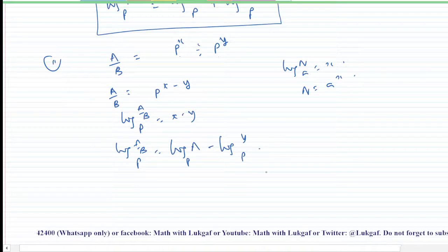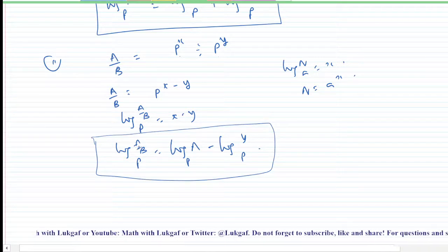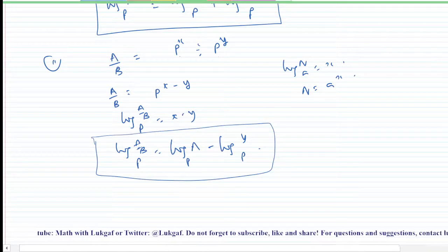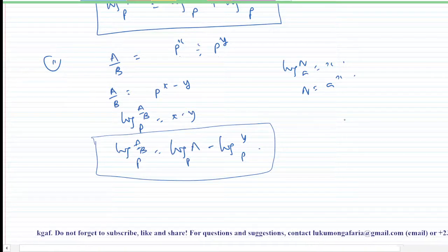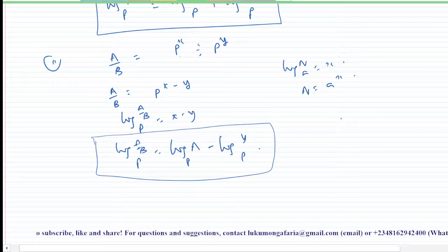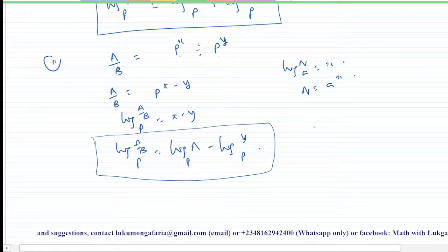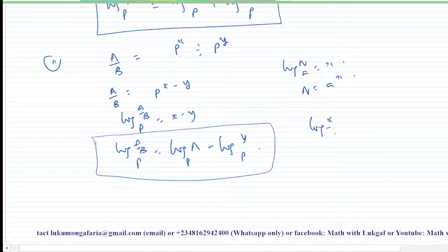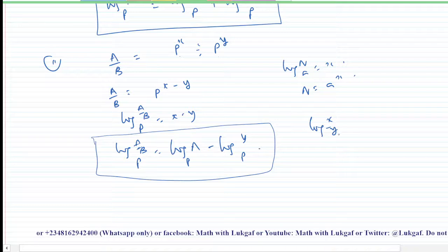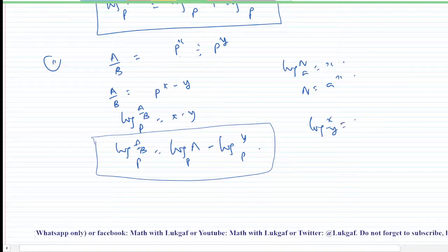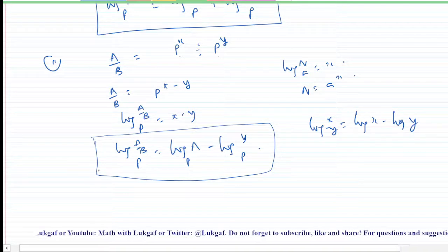So that is the law. That is when you have the logarithm of a quotient, then it is the same thing as the difference between the two numbers. So for example, if I have log X divided by Y and I'm working in common logarithm, don't forget for common logarithm, you don't need to put base 10, and I'm going to have log X minus log Y. That's what the law is saying.